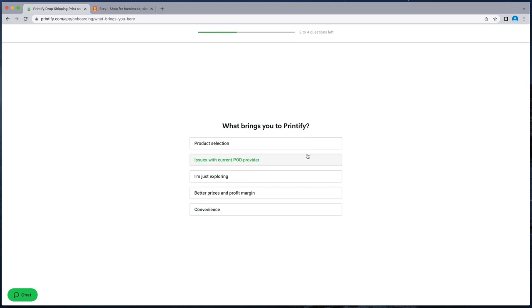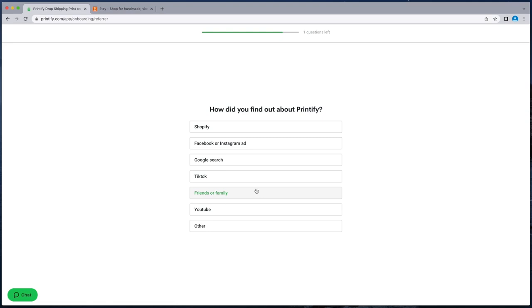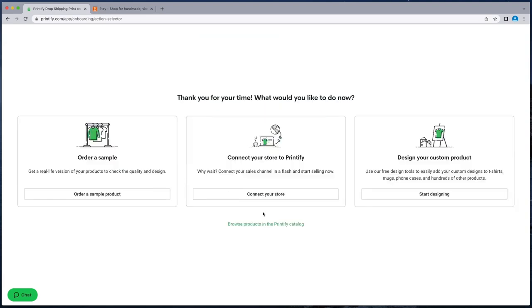What brings you to Printify? Let's just say product selection. And we're just going to pretend we're beginning here. What are your current monthly sales? How do you currently fulfill your custom printed products and merchandise? Let's say I'm just getting started. How did you find out? Let's see, Google search. So our Printify account is created, and here's a little page that shows you where you